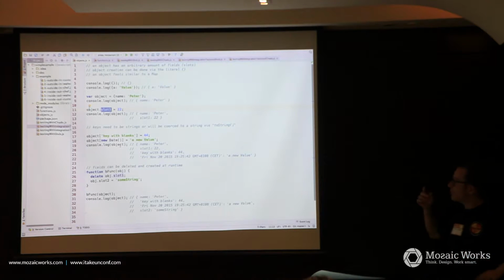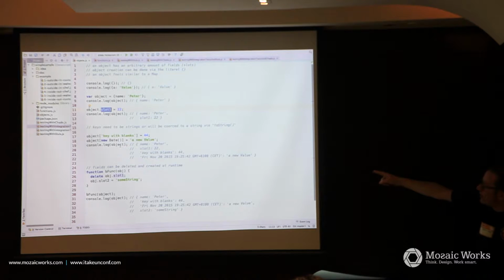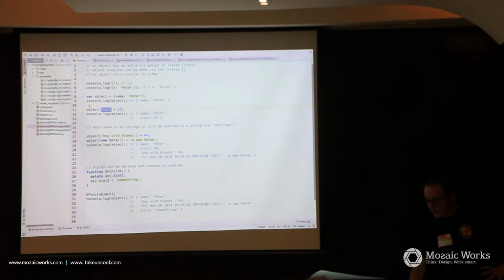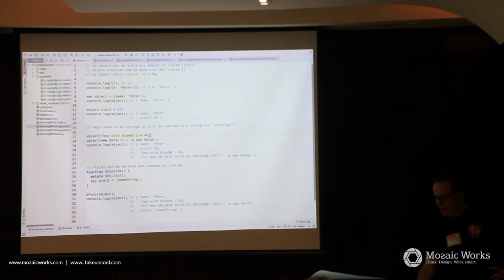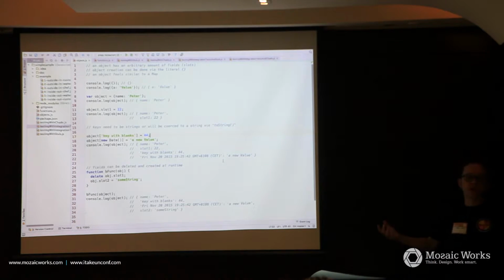So if you want to have a key with length, you have to use another notation, not with a dot, but you can use an array notation, which you know from Java. You can even put an object as a key. And what happens is the key with length looks like this, and the object is just the toString method of the object.